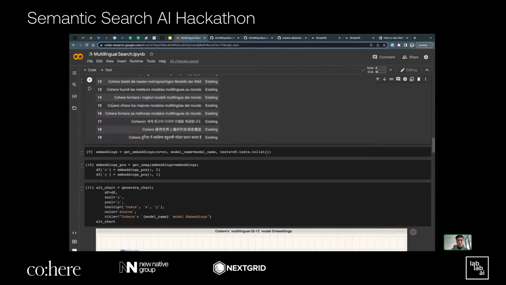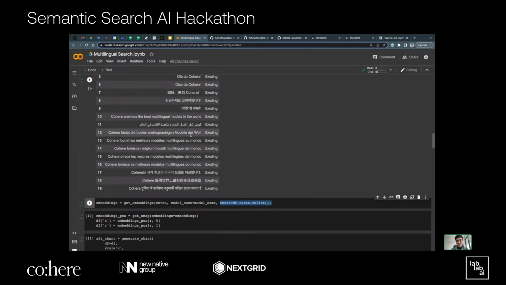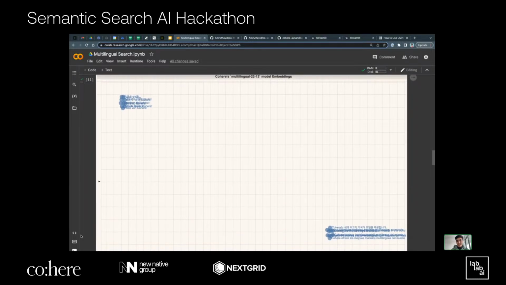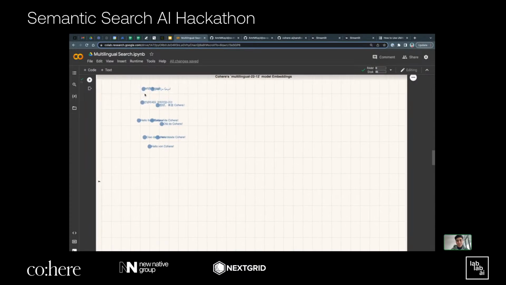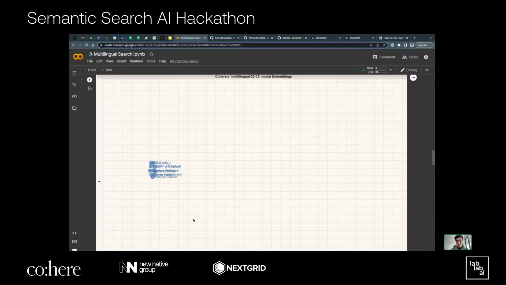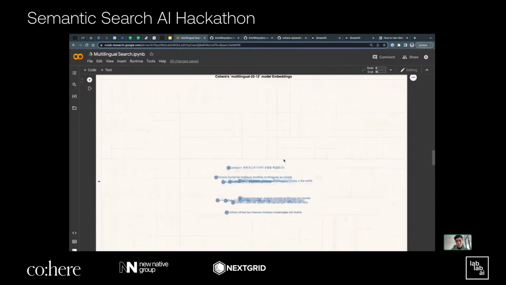And now I'm gonna call my get embeddings method and send all the text here to get the embeddings for each text. And then I'll use UMAP to reduce the dimensionality of the embeddings that I have right now. And voila, here you can see the embedding space and the text embedded. You can see the text hello from Cohere, and the similar sentences translated in other languages close together in the embedding space here at this point. And the other sentences here as well, they are all close together,